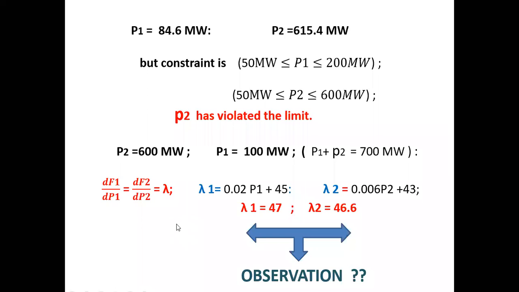But practically in our power system, we will have a larger number of units. How can we solve those problems on paper? It is not possible to solve those problems on paper. So that's why we will use some software. By using that software, easily we can do the iteration processes. By using those iteration techniques, we can calculate the generating powers at optimal values. So this is the procedure for how we can solve this type of problem.